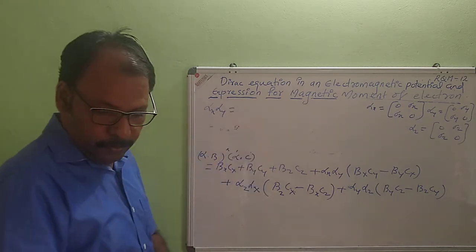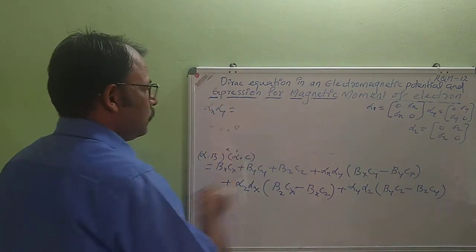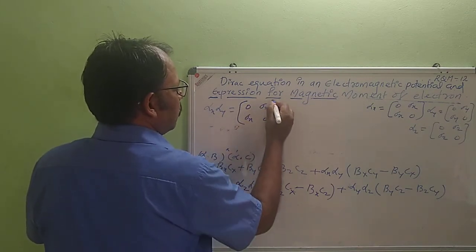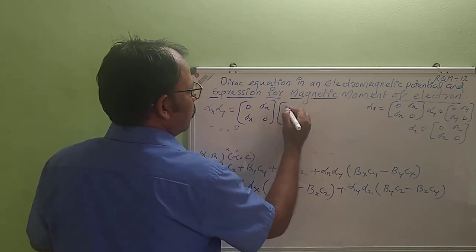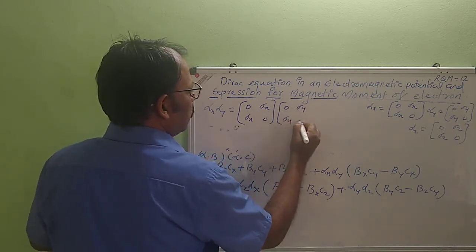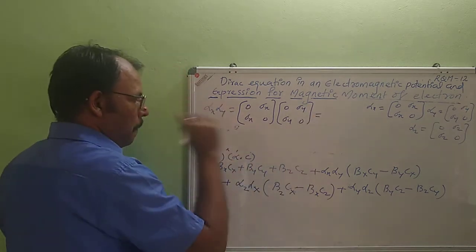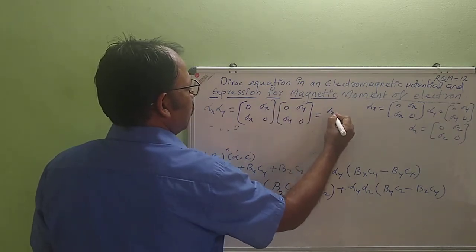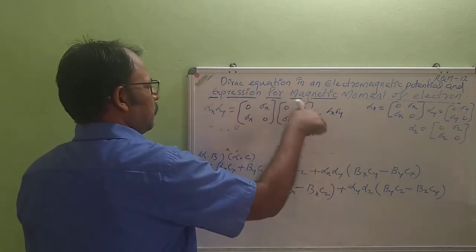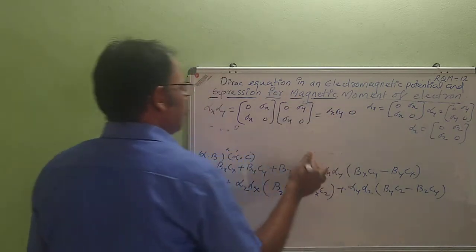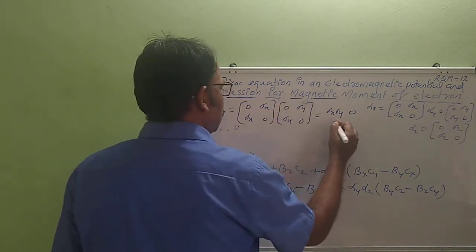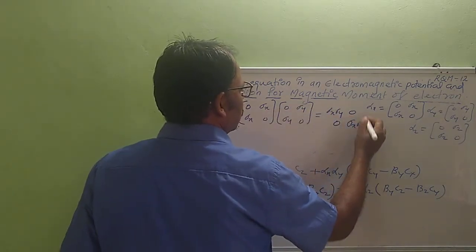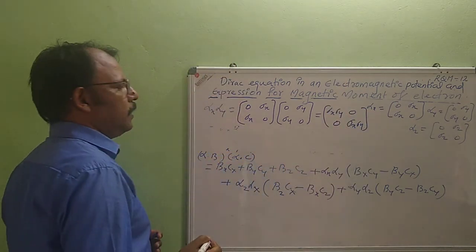Alpha x alpha y is equal to alpha x, 0 sigma x 0 sigma x 0, into alpha y, 0 sigma y 0 sigma y 0. So multiplying these two matrices, first term is sigma x sigma y. Multiply this with this one, then it will be 0. Now this one with this one, 0. Now this one with this one, we will be getting sigma x sigma y. So this is the product alpha x alpha y.